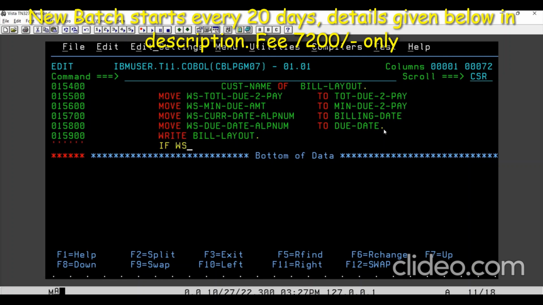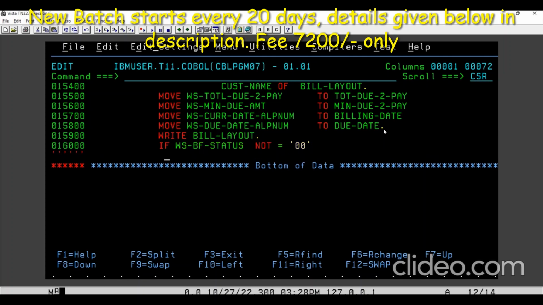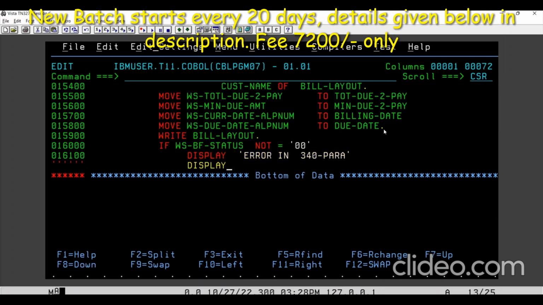We will check whether WS bill file status not equal to 0. That means some error happened here. So we'll write like this: display error in the paragraph 340 para. That is the one which is having the issue. Display the right error status is, status code is WS bill file status,